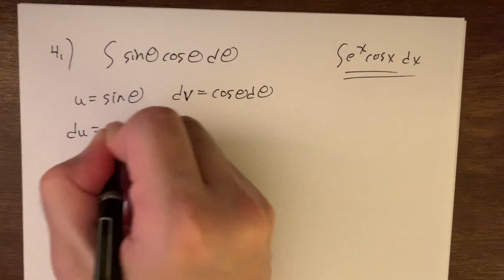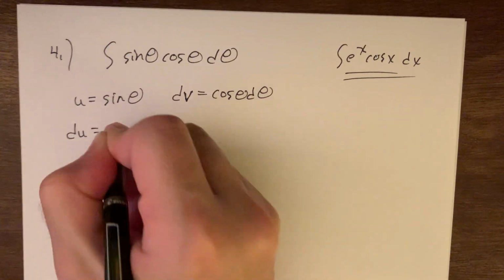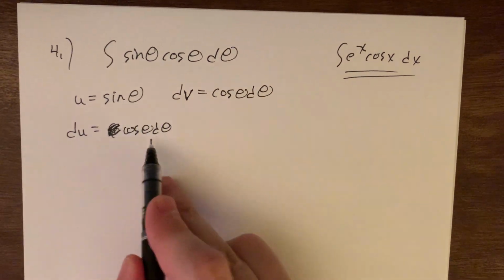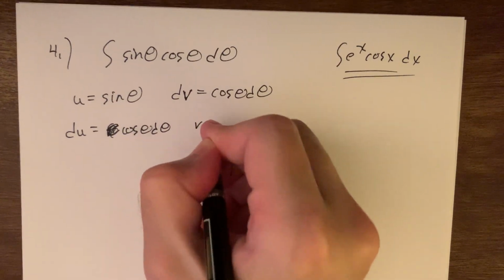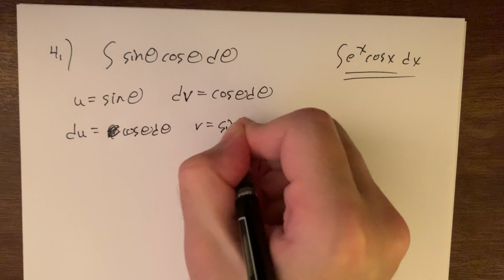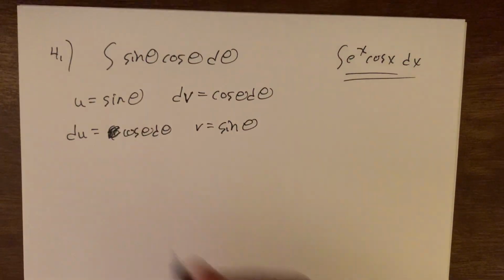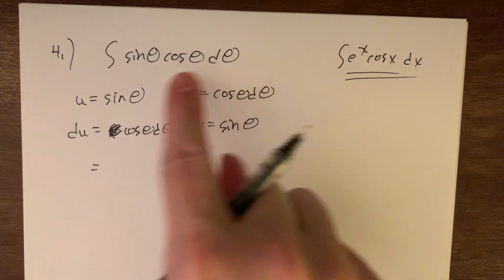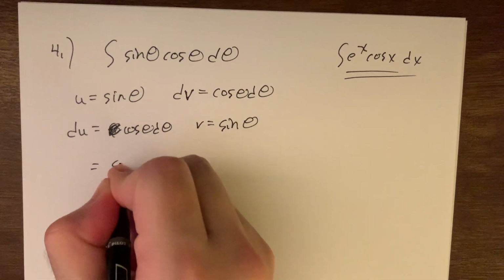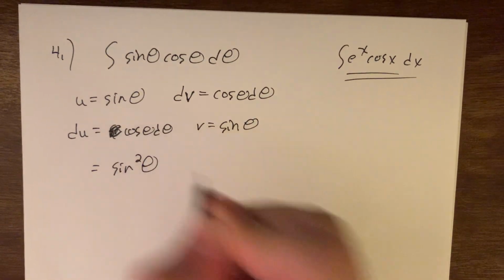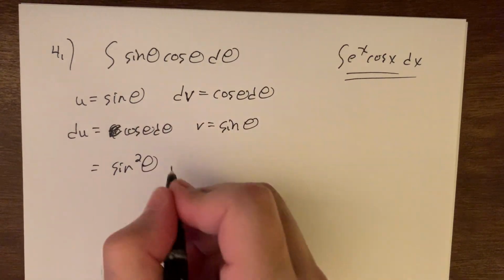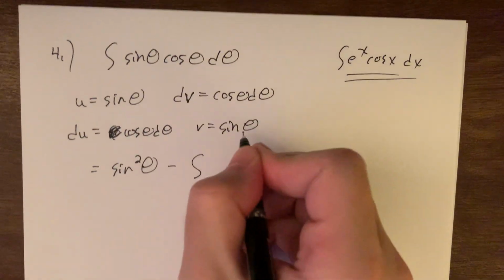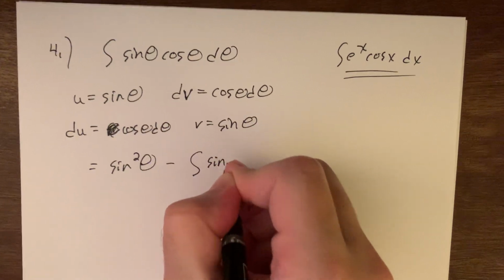du is cosine theta d theta. Sorry about that. The derivative of sine is cosine. And then the anti of cosine is sine. You started with this integral, u times v, sine squared, it's literally sine times sine, minus the integral v times du,